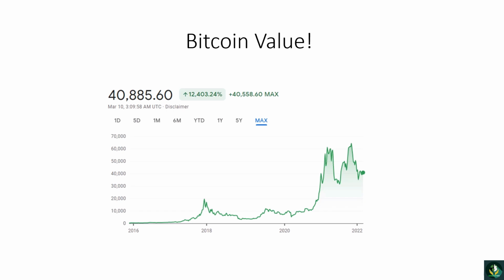What I was pointing out earlier is how erratic it is. As you can see, the graph does not make any sense from a mathematical or statistical point of view. If you are aware of statistics, you will understand that this is not a very good graph if you are investing in this currency, because it goes up, down, up, down very erratically.